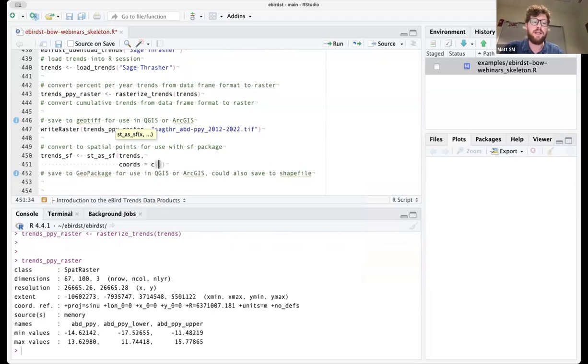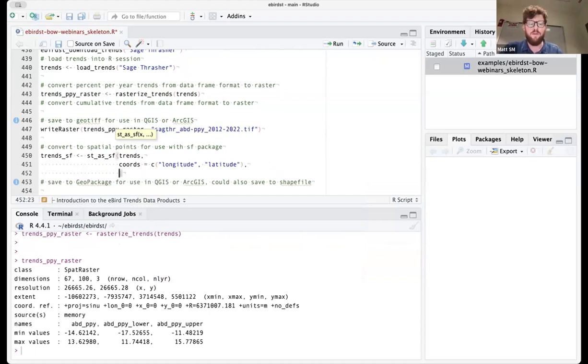All I have to do is define what the coordinates are for this data frame, the columns corresponding to the latitude and longitude. And I have to tell it the coordinate reference system. A short form for lat long, like unprojected coordinates, is the code 4326.